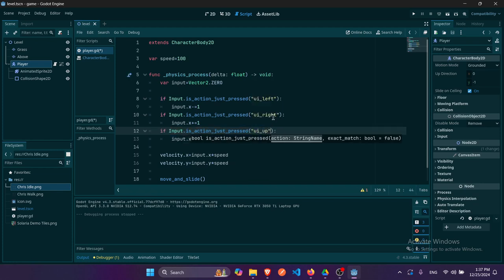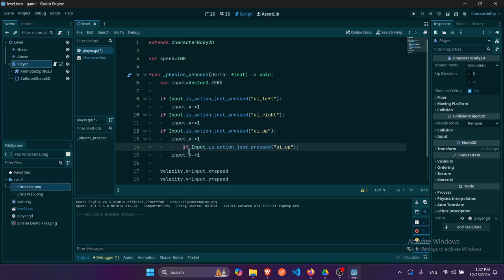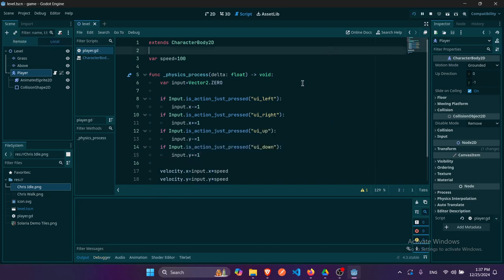ui_up. And for ui_up, what I will do is I will do it for y, and because ui_up is above, I will be giving it minus. Okay, up is minus. And after that, for ui_down, +1. Okay, now if I run it,